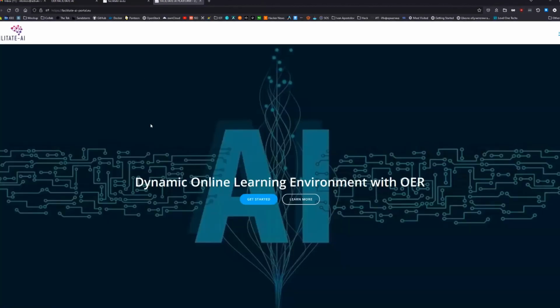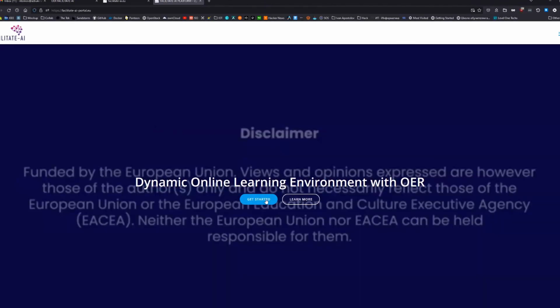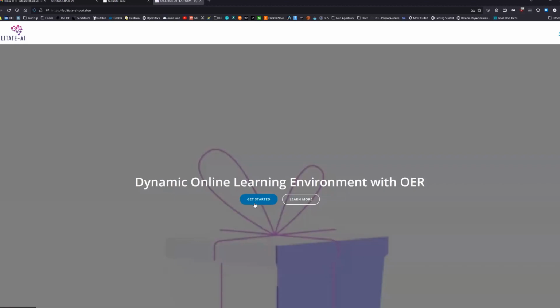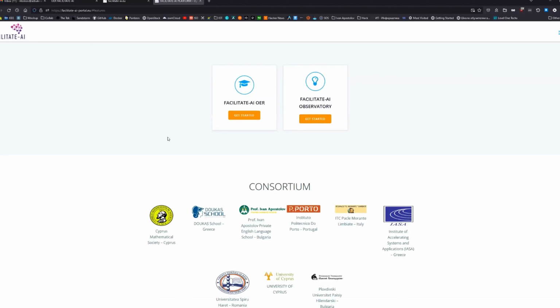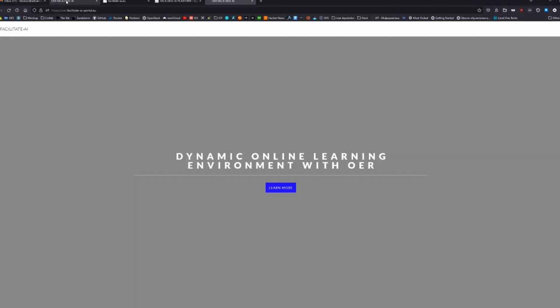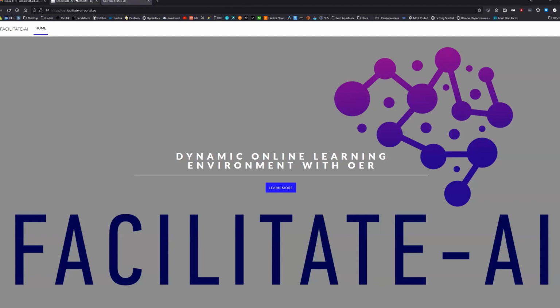And here we are provided with the Get Started button. When we press it, we can also go to the Facilitate AI OER platform by pressing Get Started. And it will redirect us to the front page.